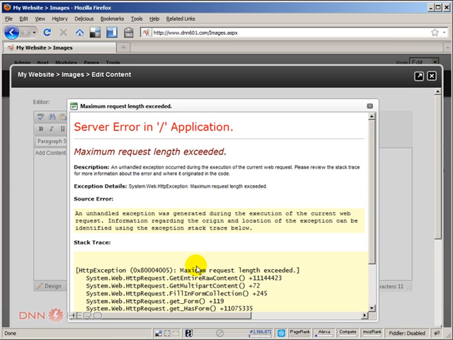Okay, now we have another error. So now it says maximum request length exceeded. And this is talking about another setting in the web config that we also need to change to allow the new file size of 20 megabytes. So let's go back to the web config